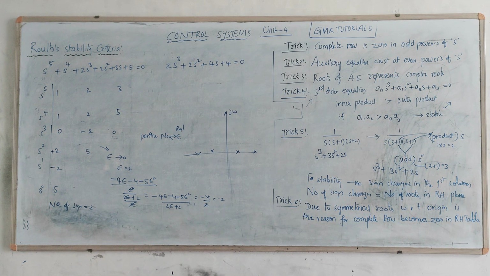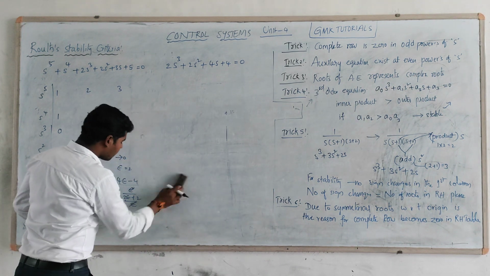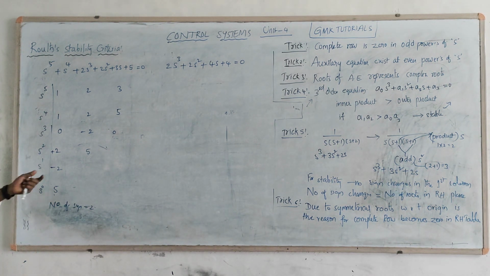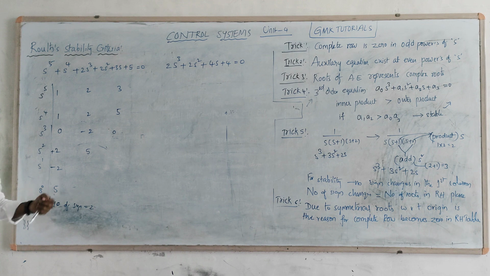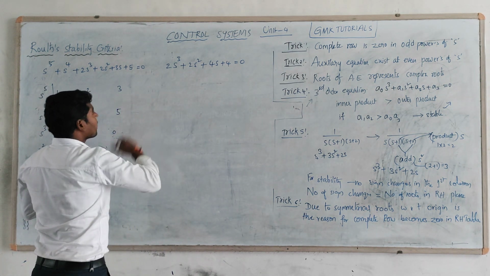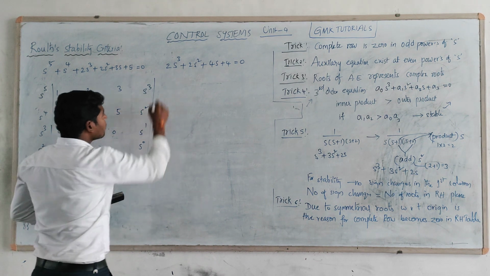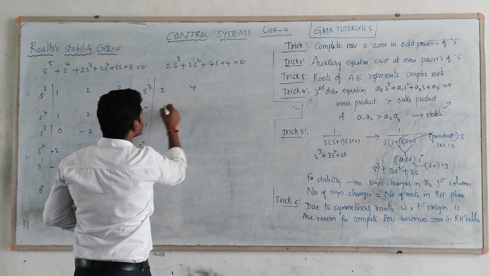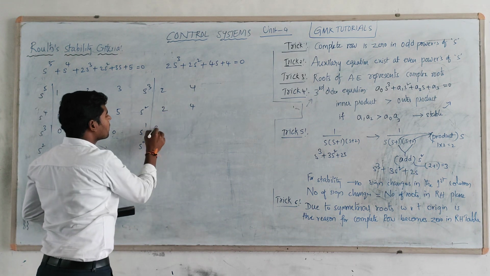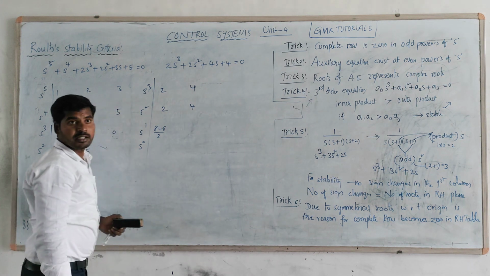Now suppose we take the second example. This is the way we are analyzing it. Here we don't want to find the exact value of epsilon. Our intention is only to see whether there are any sign changes or not. It may be positive or maybe 0, whatever it may be, no issues at all. So let us see here. In this case, same criteria: s cube, s square, s power 1, s power 0, with coefficients 2, 4, 2, 4. In this consideration also, 2 times 4 is 8, minus 8 divided by 2.